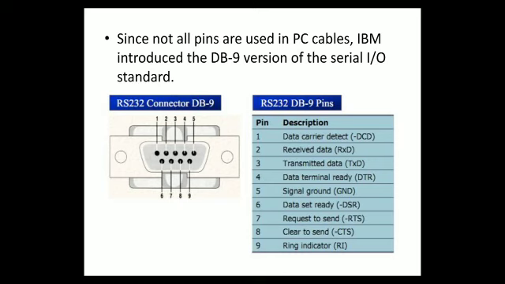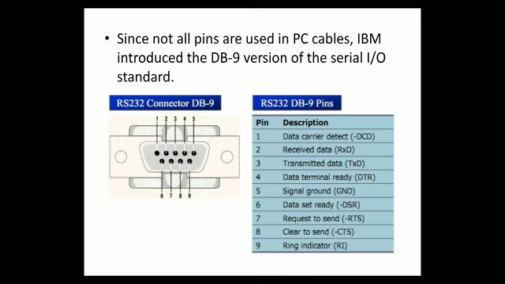It is an indication from the data terminal equipment saying that I am ready. Okay, the fifth one is called signal ground, which is a common ground between sender and receiver. Pin number 6 is called data set ready. Again, this is an acknowledgement from the data equipment saying that I am ready for sending. The seventh one is called request to send. It is a reverse acknowledgement saying that I am requesting you to send the information. I am ready and I am ready to receive it.